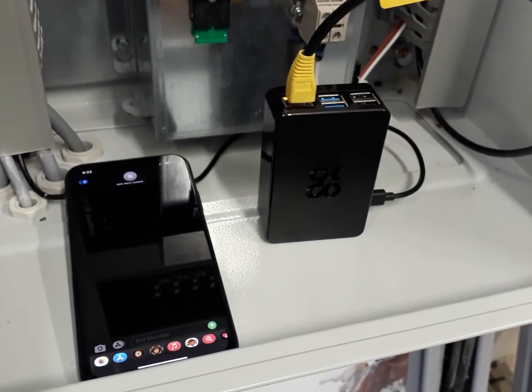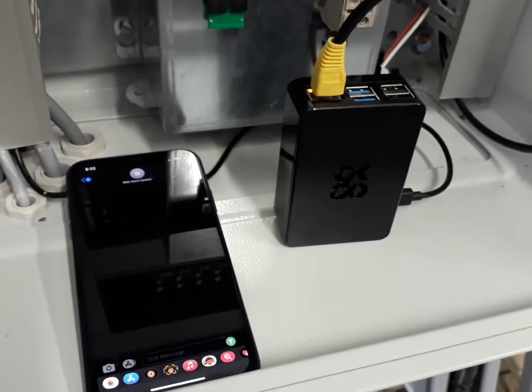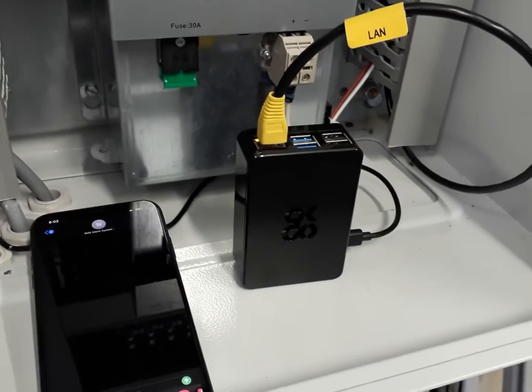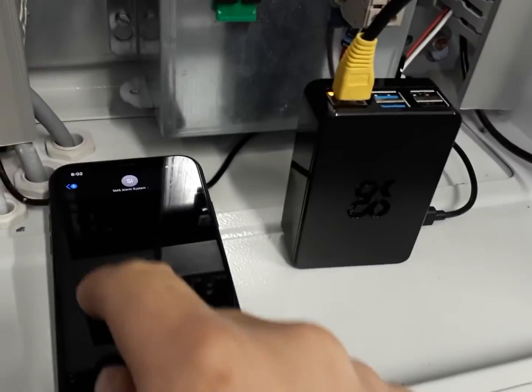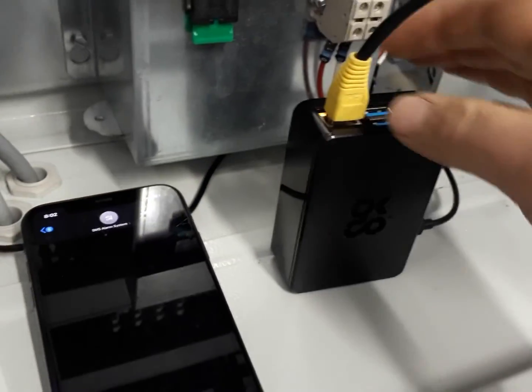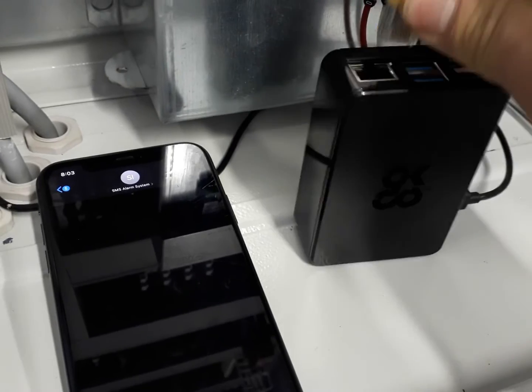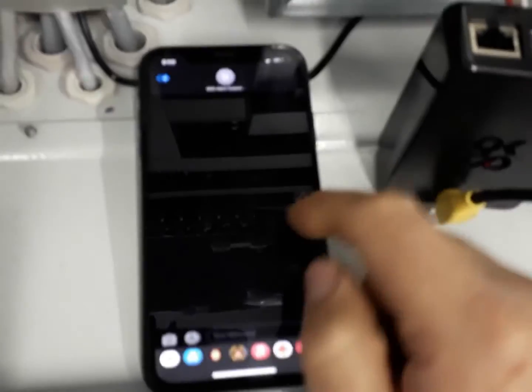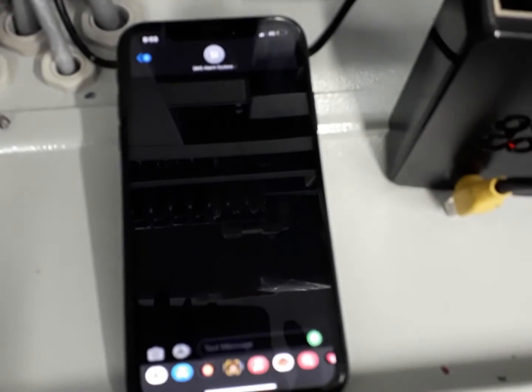So we're here on site now to test the final text out alarm, which is a disconnection from the local area network between the Raspberry Pi and the PLC. All systems are running at the minute, as we have both heartbeats from both Pis as well as variables being updated. So now we'll just disconnect the Ethernet connection and wait for a text